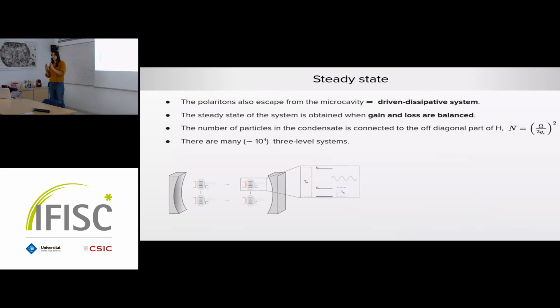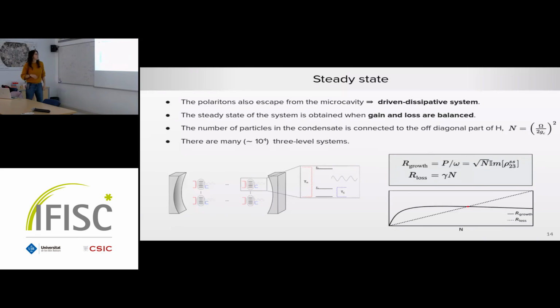Okay, but remember that was the steady state of this heat engine, yes? But the heat engine is populating the condensate, and there are also the losses, of course. So we haven't considered losses so far. So what we did next was we considered that there are many of these three-level engines in the cavity. They're all populating the condensate, and there is loss of the condensate out of the cavity. Then the actual steady state of the system is such that the gain of the condensate is the same as the loss. I have a plot for that.